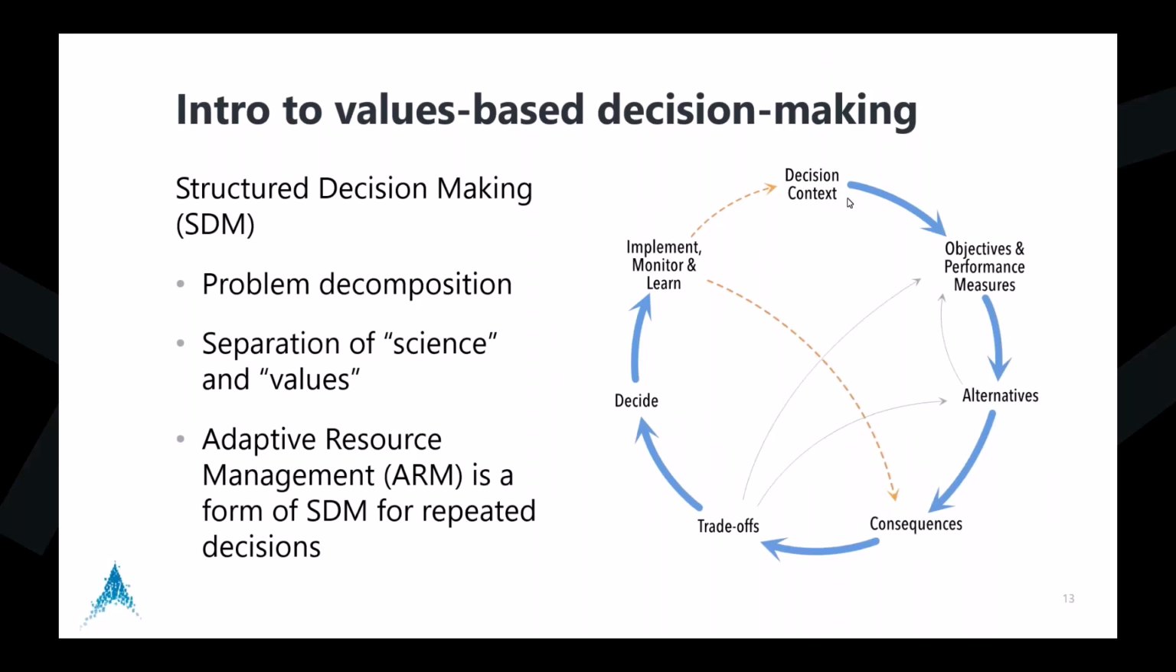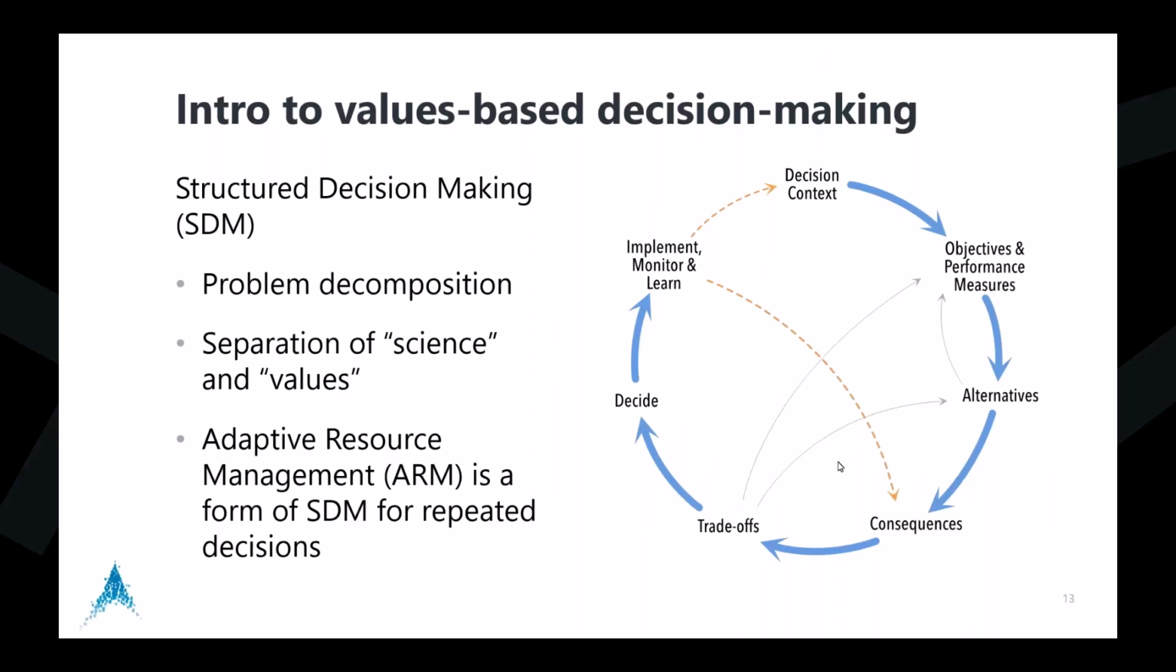Finally, structured decision-making in its simplest form goes once around this wheel and implements a one-time decision, but it doesn't have to. Adaptive resource management is when we repeat decisions over time and learn as we go. So the arrows that go back in the process represent an adaptive management process like the one we're focused on today. Year to year, you might implement a decision, evaluate the consequences, and then next year